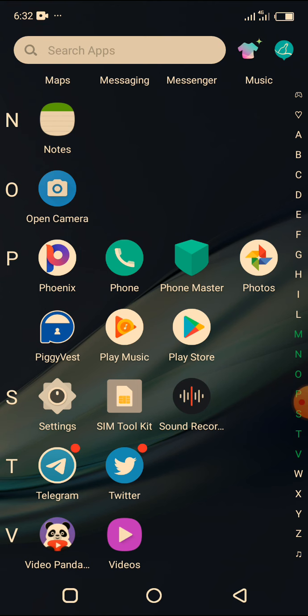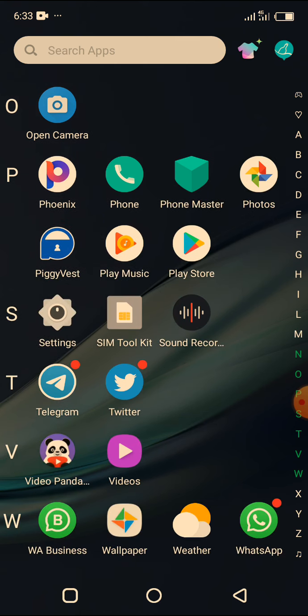So I will be giving you an overview of how the Piggyvest app looks, or the Piggyvest platform. Both the web and the app look alike. So here is Piggyvest. If you've not downloaded Piggyvest, you download it. The other videos I've already done concerning this, you can check them out: how to get registered, and how to update information. So I want to do a quick overview, just a little review of how the Piggyvest app looks.